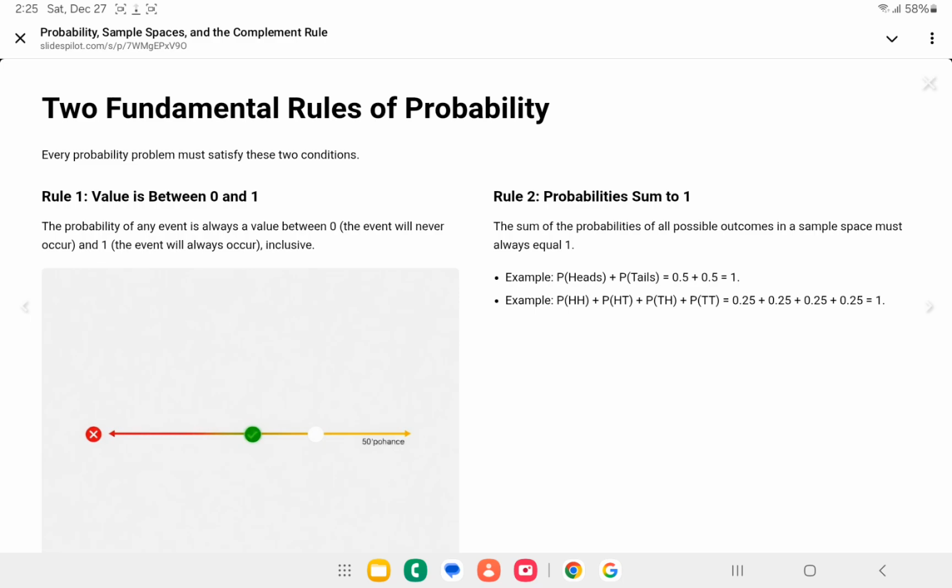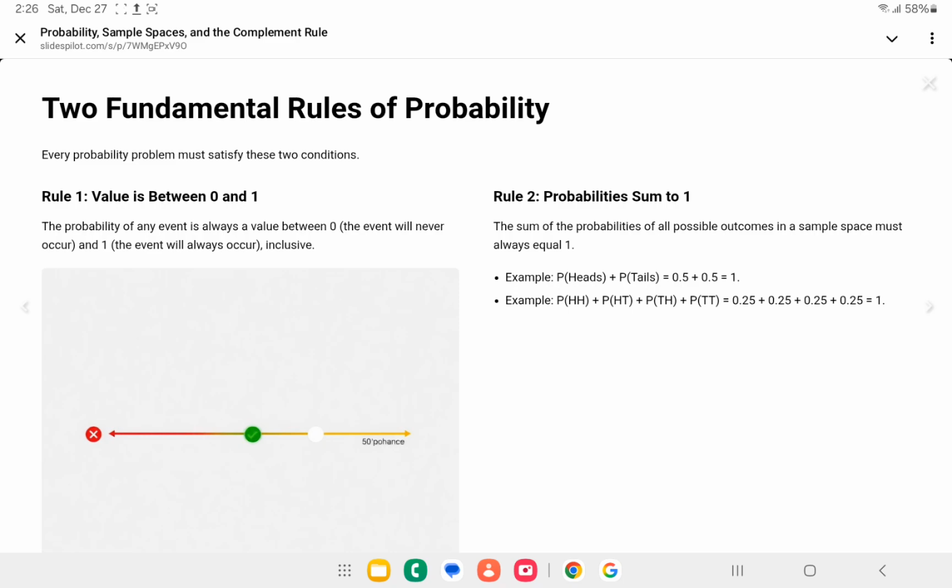The second condition that must be satisfied is that the probabilities of all outcomes must always add up to 1. For example, if we flip a coin, we know that there are two outcomes, getting heads or getting tails. We know that the probability of getting heads is 0.5, and the probability of getting tails is also 0.5. If we add these up, we get a value of 1, which satisfies this condition. If we extend this further and flip a second coin, adding up all the probabilities still gives us a value